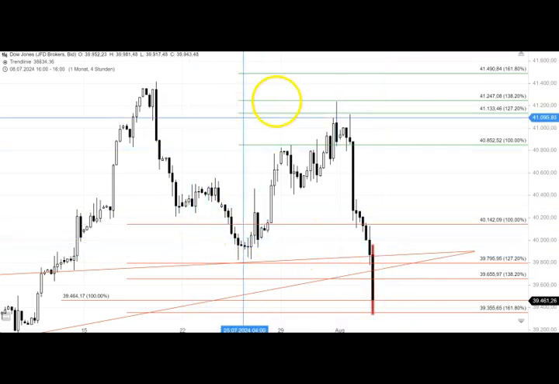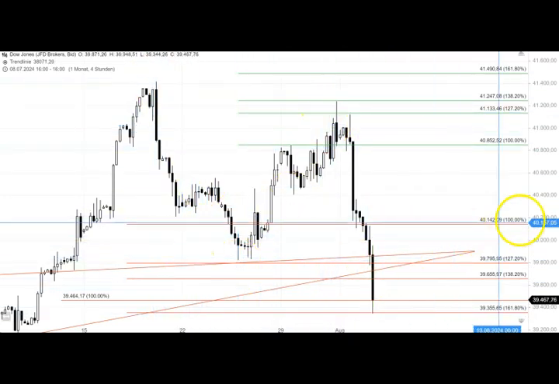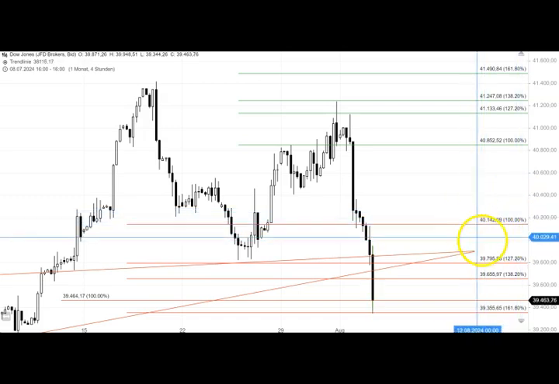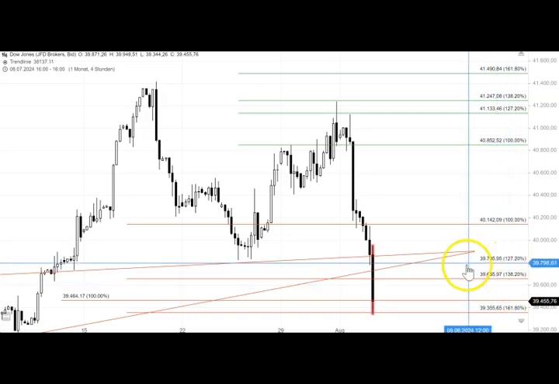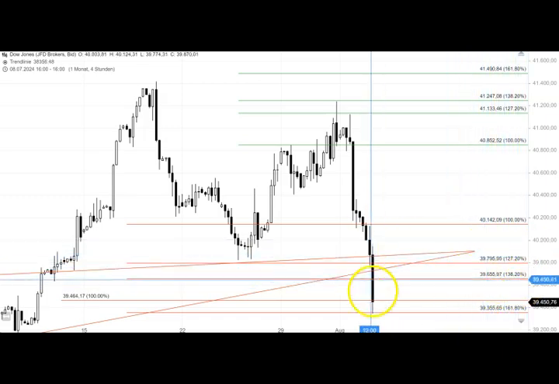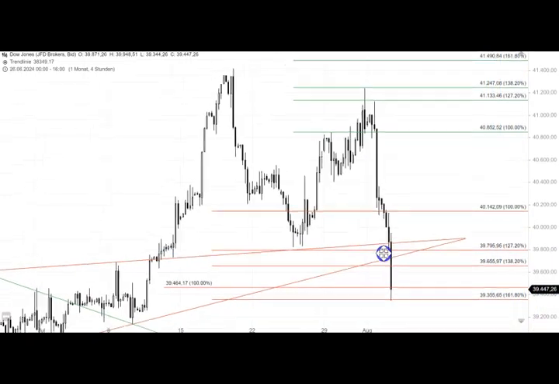How did we know there's a second leg? Well, most people say there's a simple ABC. I say, well, that 100% level got triggered, and it has min targets usually in this area, and now we had a very, very clean hit of 39.355, which is the 161%. And if I zoom out here a bit,